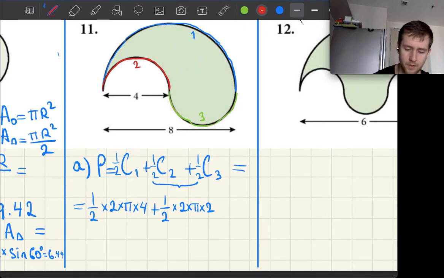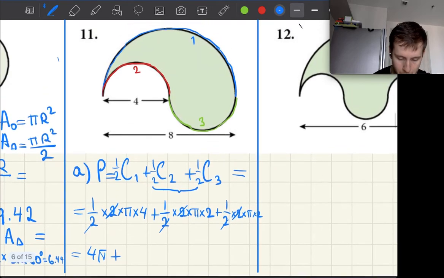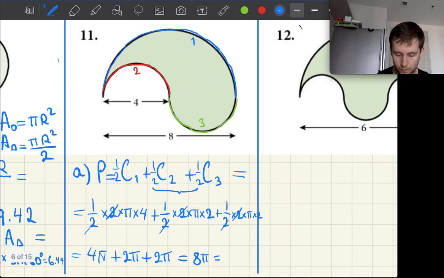So it's also 1/2 times 2 times pi times 2. So we can cancel and basically what we have is 4 pi plus 4 pi, or rather 4 pi plus 2 pi plus another 2 pi. And that's basically it. So we get 8 pi, which is equal to